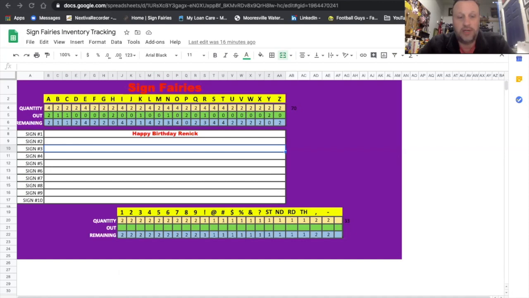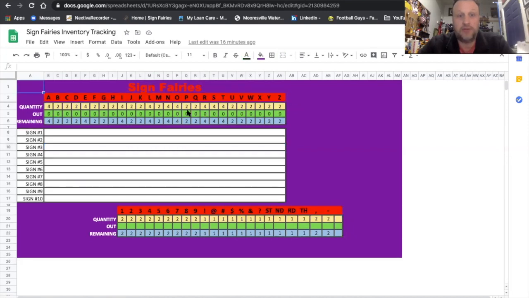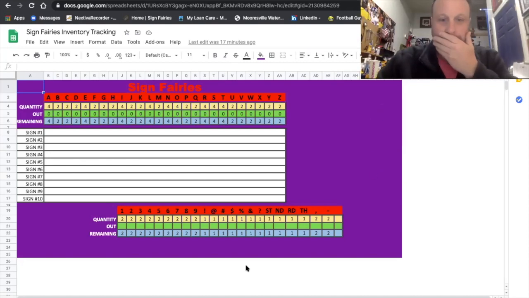Oops, sorry, guys. And now these are in red, so these are my red letters. No, no, no. See what happens when you click one button? It just throws you into a complete panic. All right, so